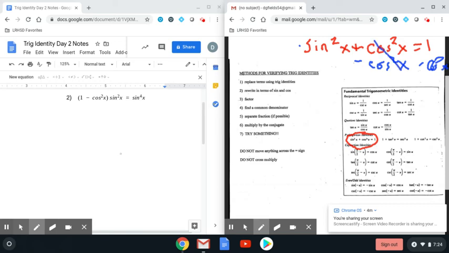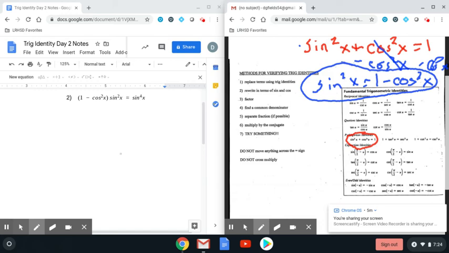All right, but your cosine squares will cancel out. So what we end up getting is that sine squared x is now equal to 1 minus cosine squared x. All right, so that's really important that you guys know that you can rearrange this Pythagorean theorem to help you out. So like if we're looking at problem number 2 over here, if we look at